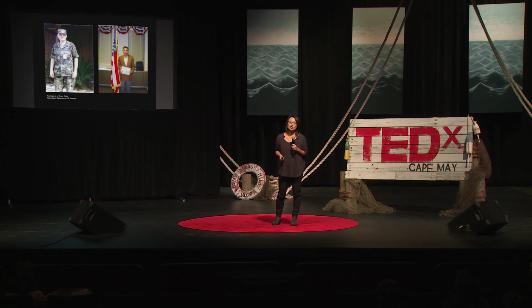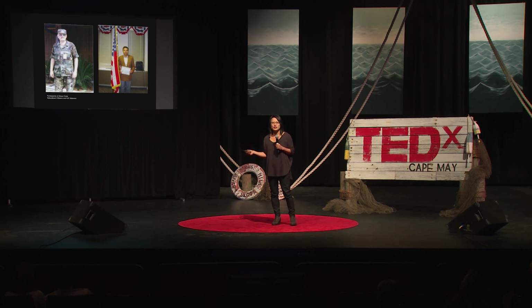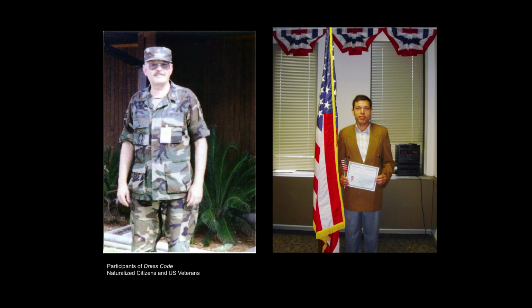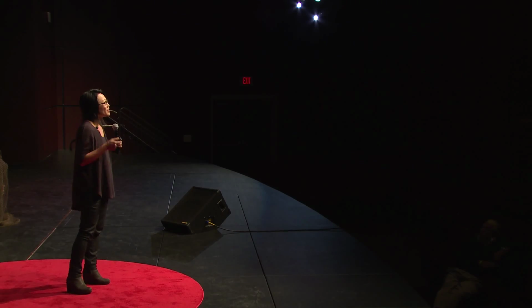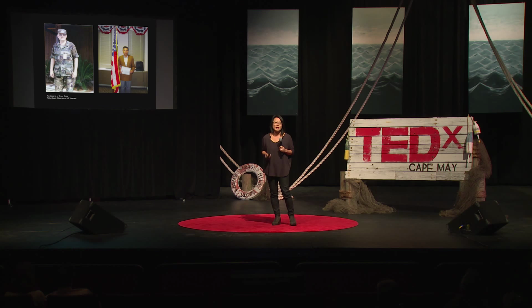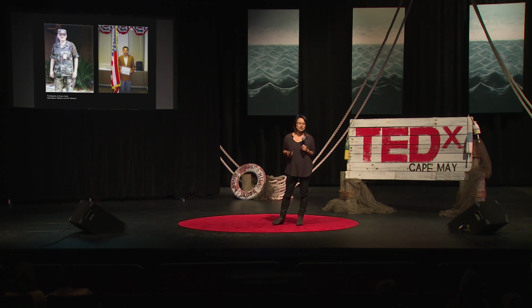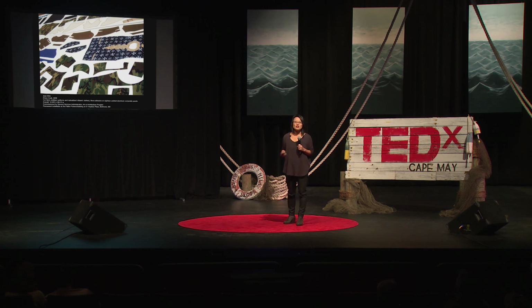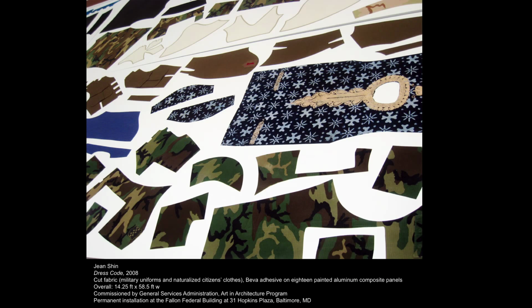And then I wanted to contrast that building where all these immigrants come to become naturalized with another office that the government runs, which was the Service for Veterans. And I wanted to understand the extreme existence of Americans. The first day coming was a long journey. And then as veterans, they leave in uniform out into the world to represent us. And that's a journey that they will forever be transformed and changed by. So these two clothings, their uniforms and the first immigrants' clothes, come together to weave together an image of being American.